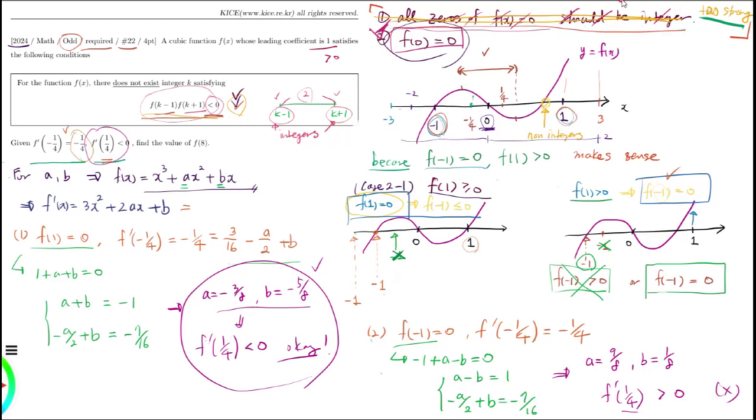The other zeros are not necessarily integer, but either the smallest one or the biggest one among the zeros could be integer, and f of 0 should be 0. The reason why I had a difficulty proceeding the logic of